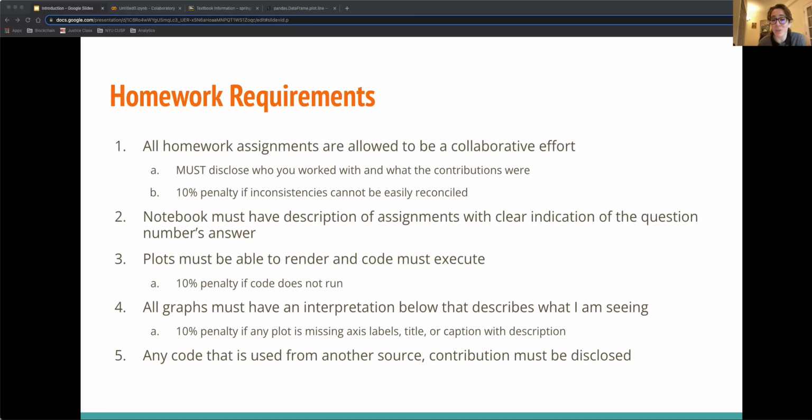But missing this contribution statement about who the student worked with and what they did, or any inconsistencies between the statements between students within the group that cannot be easily reconciled, will cost 10% of the grade. So these details are listed in the syllabus in addition to all the due dates. We'll go through a little bit more on how the notebook should look as we get into our first assignments. Some other notes to consider though,